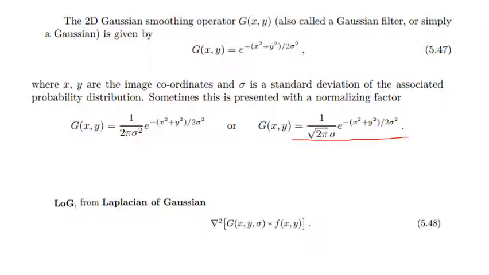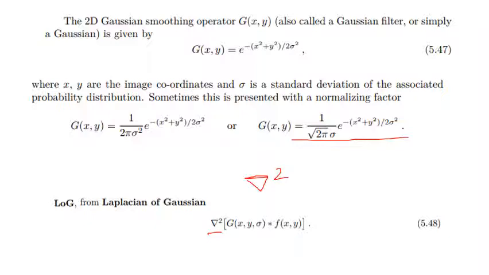Now our goal is to obtain a second derivative of a smoothened 2D function f of x comma y. I think you already know it's the Laplacian operator, where we saw the partial derivative, right? The Laplacian operator, delta square, we represent like this. It gives a second derivative. And I told you in my previous class that it is non-directional, or isotropic.